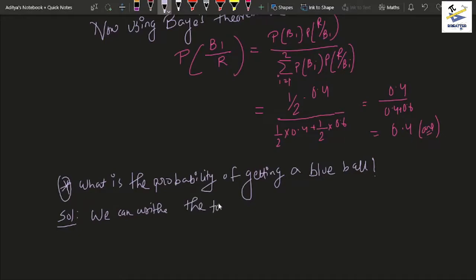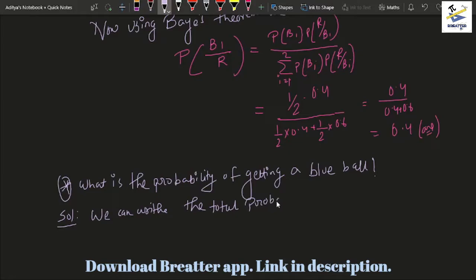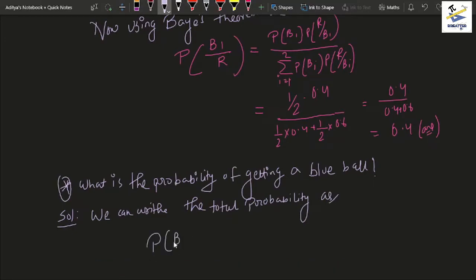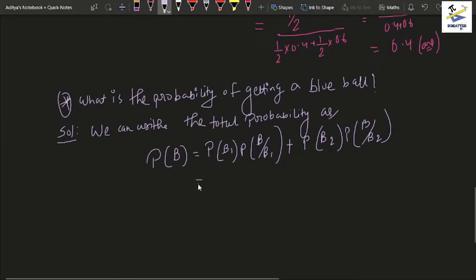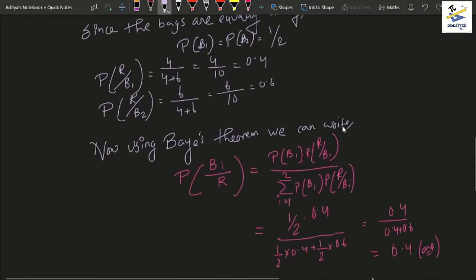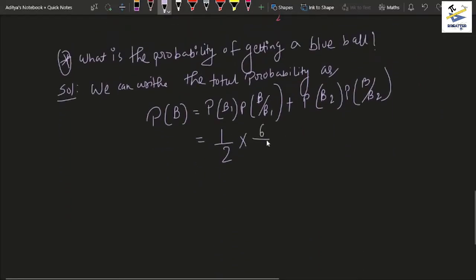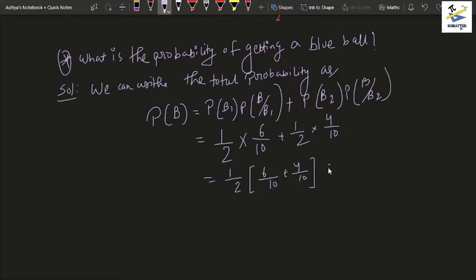So we can write the total probability as: probability of a blue ball equals probability of bag 1 into probability of blue ball given bag 1, plus probability of bag 2 into probability of a blue ball given bag 2, right? And we know the probabilities of the bag is half, so it's half into probability of blue ball in bag 1. So we can go back to the table and we see it's 6/10. So this should be 6/10, and similarly this should be 4/10, and this gives us half into 6/10 plus 4/10, which is 1. So it's basically half,